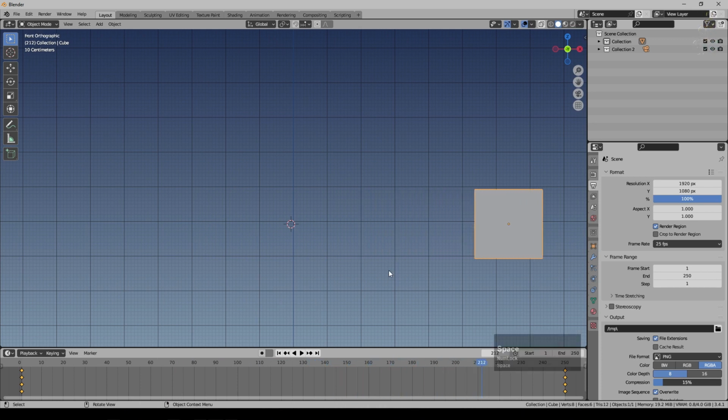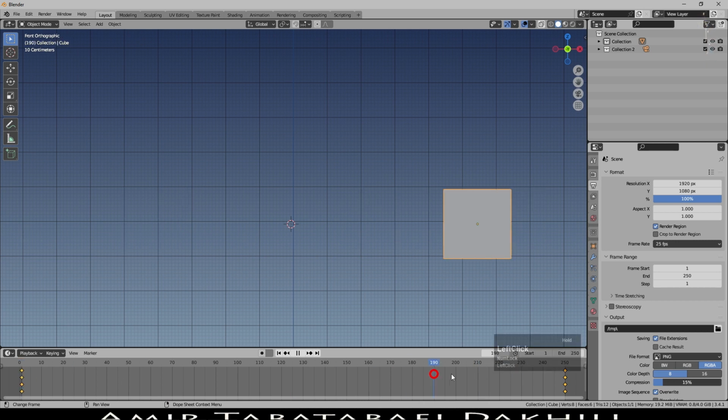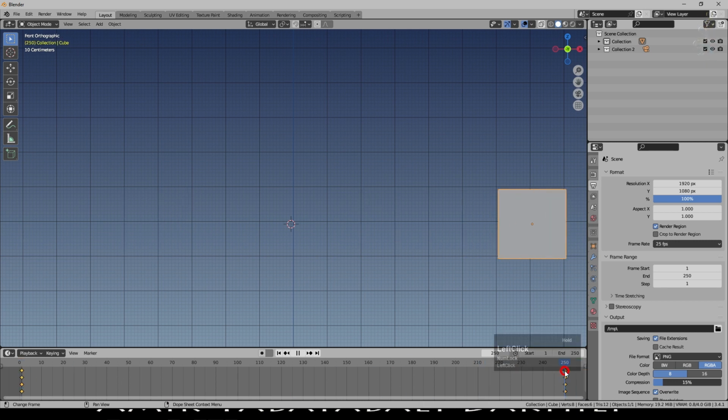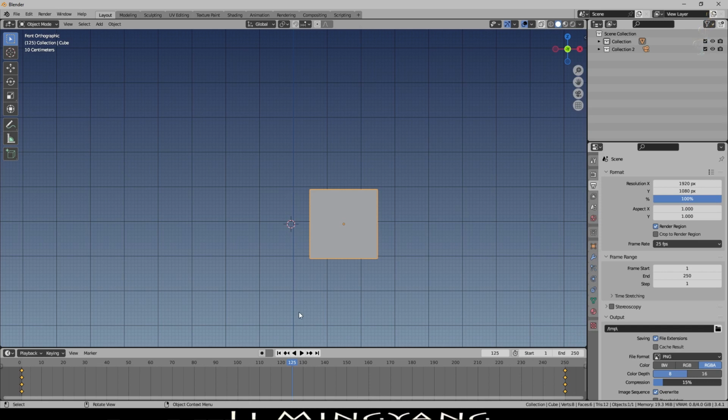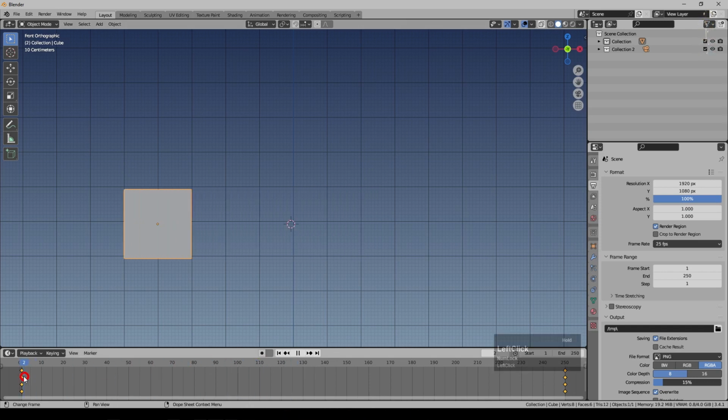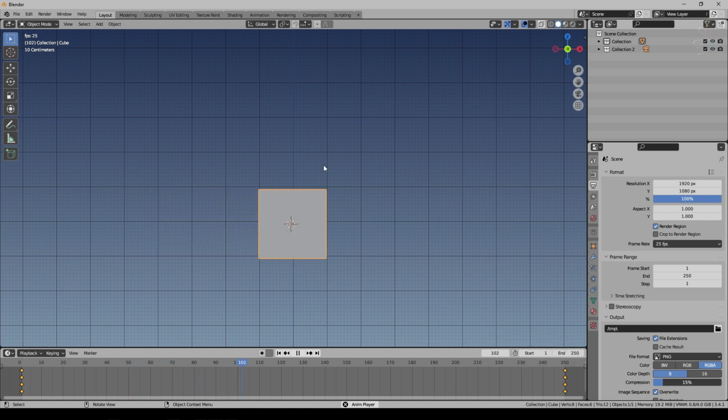What Blender is doing is working out, if I'm starting here at frame 1 and ending up here at frame 250, when I'm at frame 125, exactly halfway through, where should the cube be? So it's doing a calculation to work that out, and then doing that of course for every frame. Something to be aware of with Blender in terms of the default animation: if you watch this cube, it starts slightly slower, speeds up to a point, and then slows down again as it reaches the end of the animation.